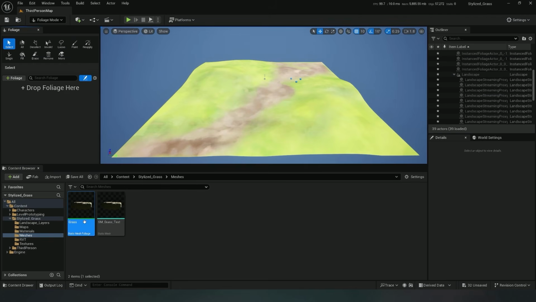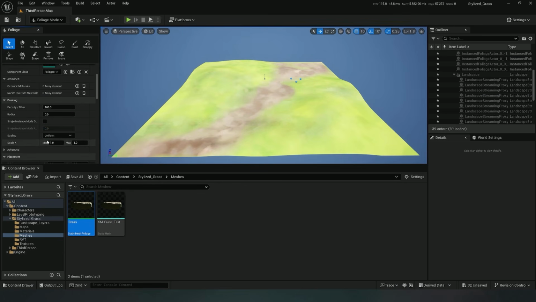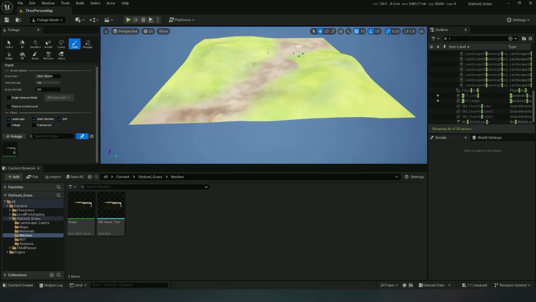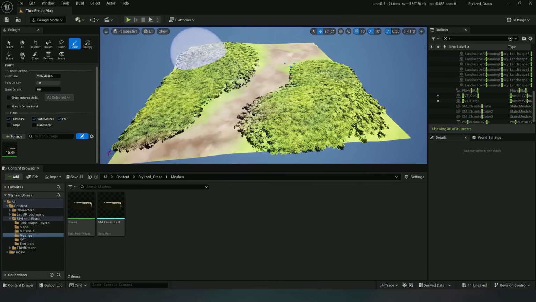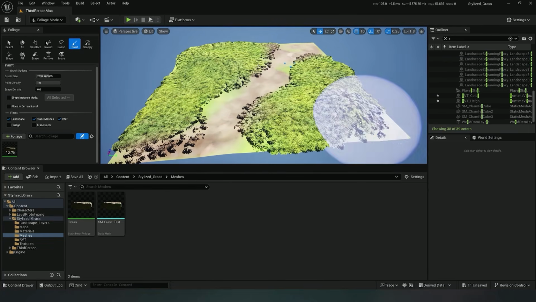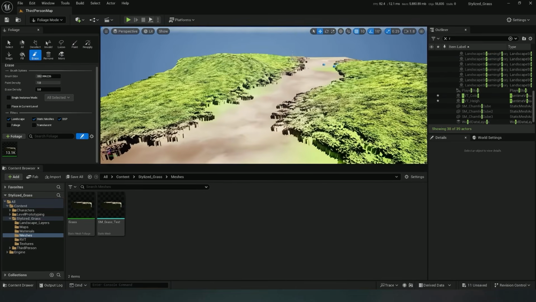To start placing grass in the scene, you need to drag our specific foliage type into this area. Let's go to the foliage settings and adjust the scale for our grass. In the Size X section, we can increase or decrease the size of the generated grass. I just raise this value to 2 so the grass is a bit larger. To start painting with grass, just switch to paint mode and seed our background with grass. I want to leave the central part empty because there will be a path there. If you need to erase excess grass, just switch to eraser mode and remove unnecessary pieces of grass from the